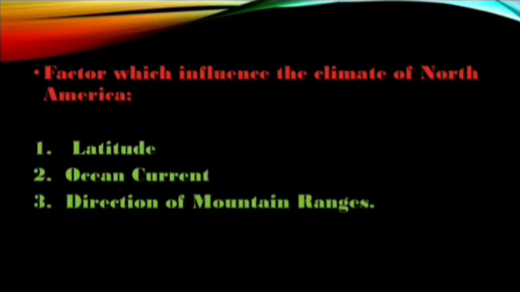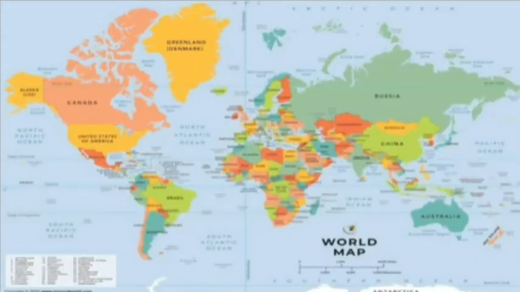Climate of North America is affected by three major factors. First one is latitude. The North American continent is situated between the Arctic Circle and the Tropic of Cancer. That's why there is neither too much heat nor too much cold in this temperate region. Most of the part is in the temperate region, as I have told you earlier. And the northern part of North America is above the Arctic Circle. That's why much more cold is felt there. And some part of North America is also near the equator. That's why people feel much more heat at that place.